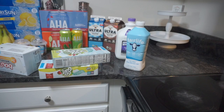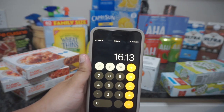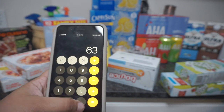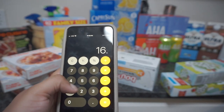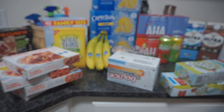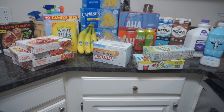Let me add this up and tell you guys a total of how much cash back I got. After adding everything together, I got a total of $16.13 back, and my total was $63.48. So my total after rebates and coupons was $47.35 for everything here, and it looks a hot mess because I've been moving things around, but I think that's a pretty good deal